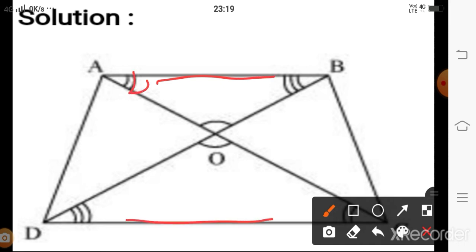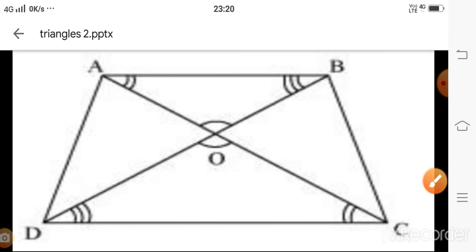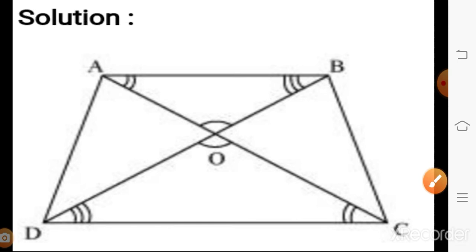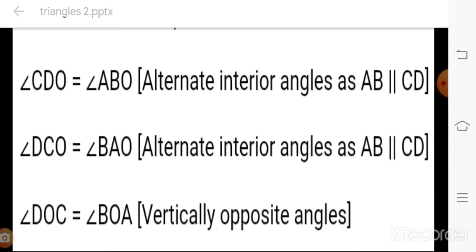In this diagram, AB is parallel to CD, this is given to you. If you observe these angles, this I am taking as 1, this as 2, then these two angles are alternate interior angles. Similarly, this I am taking as 3 and this as 4, these two are also alternate interior angles. It means that I am able to write these two triangles, AOB and COD, as similar. And if these two triangles are similar, then we are able to take the sides proportional. Then let us do this.